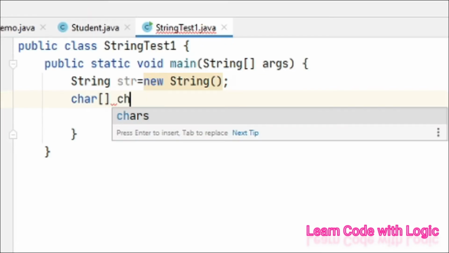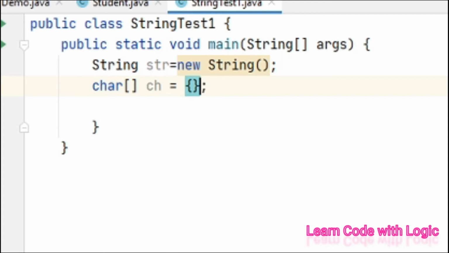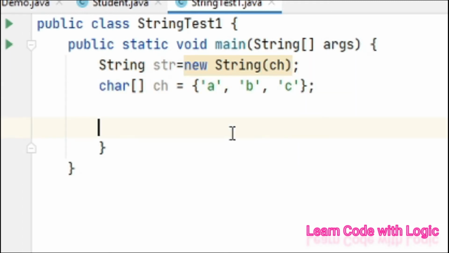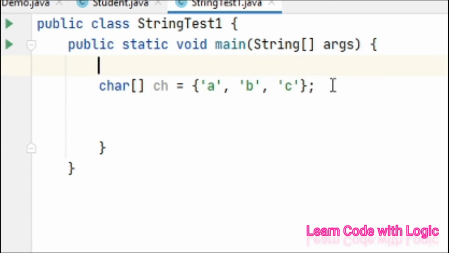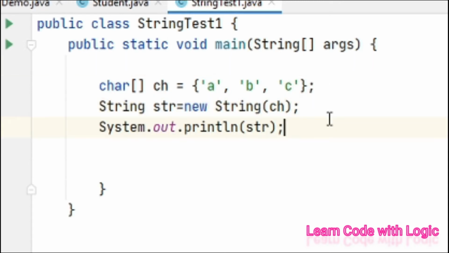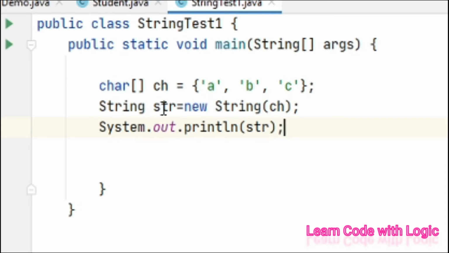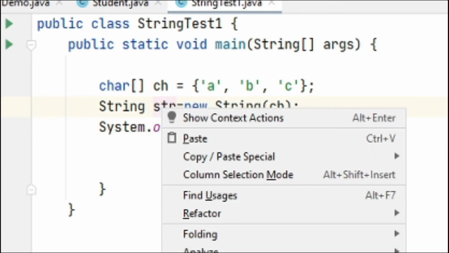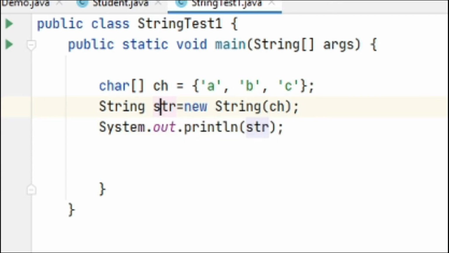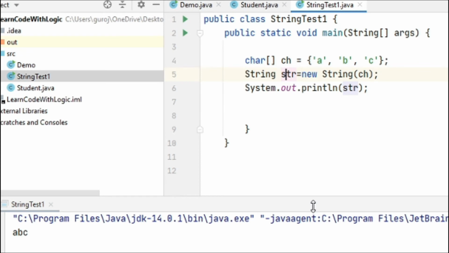Initialize the character array with three values, let's say A, B and C. If you pass that character variable here, it converts all the characters in the array into a string. We can also say this converts characters into a string value.